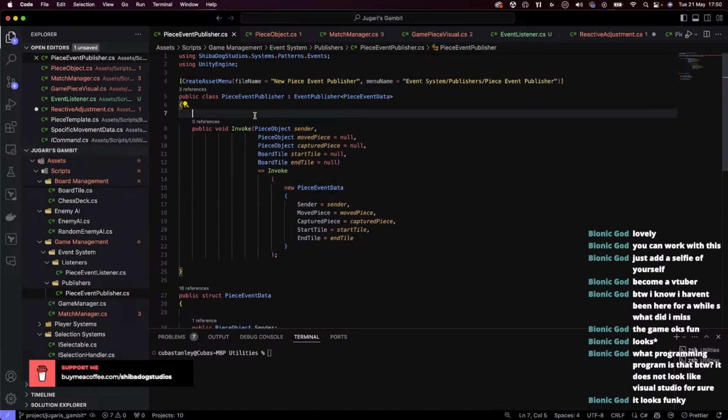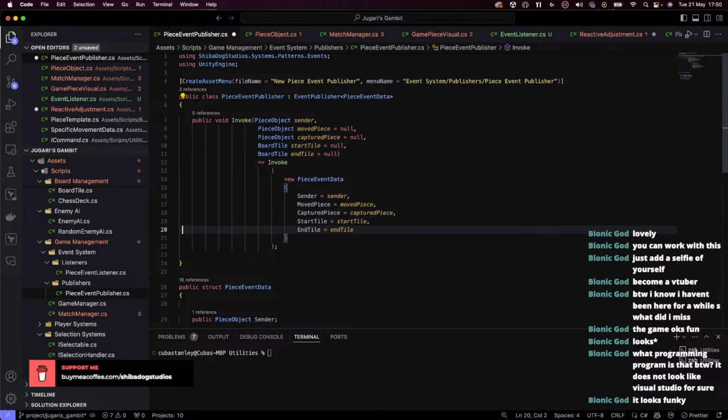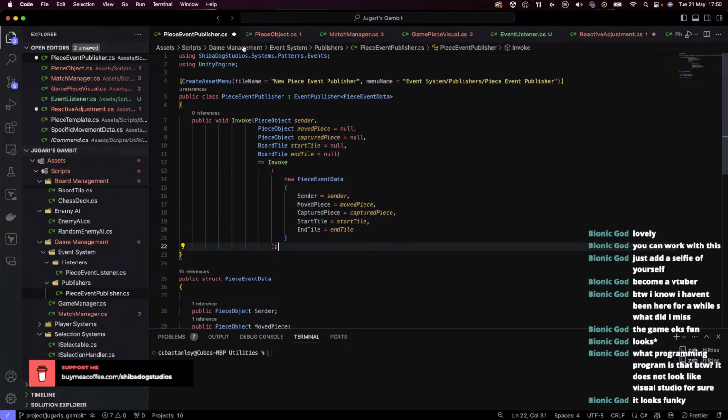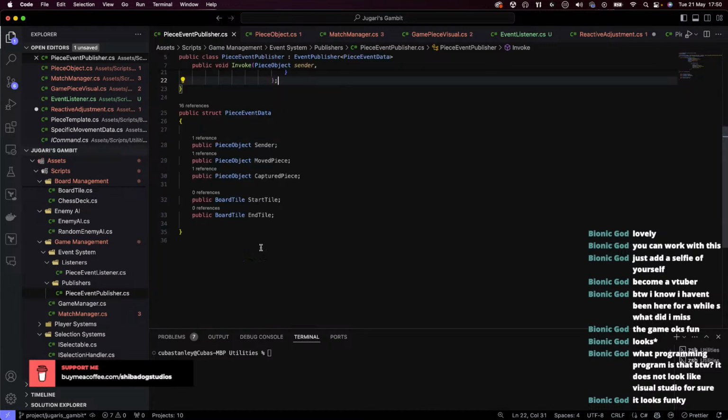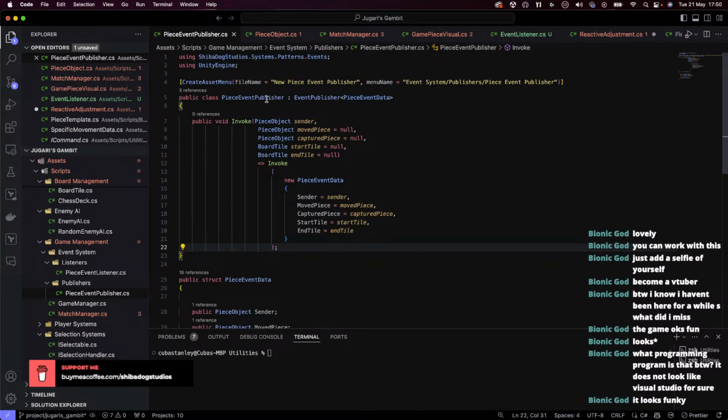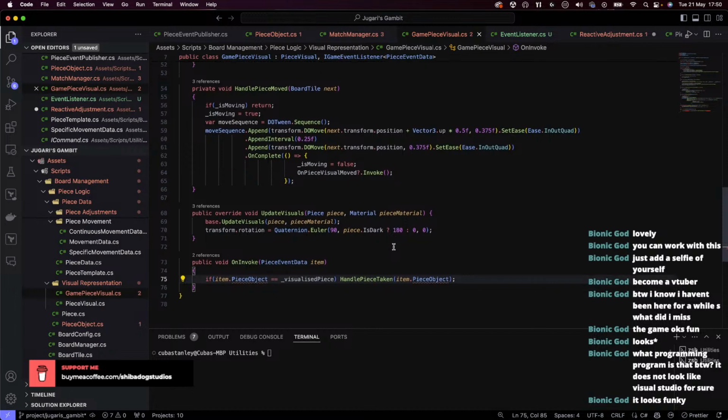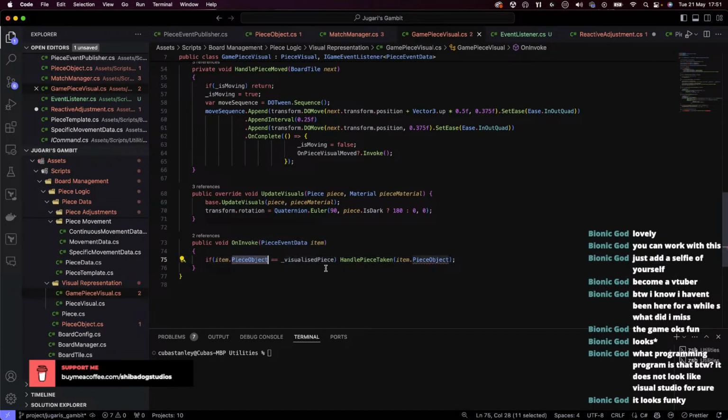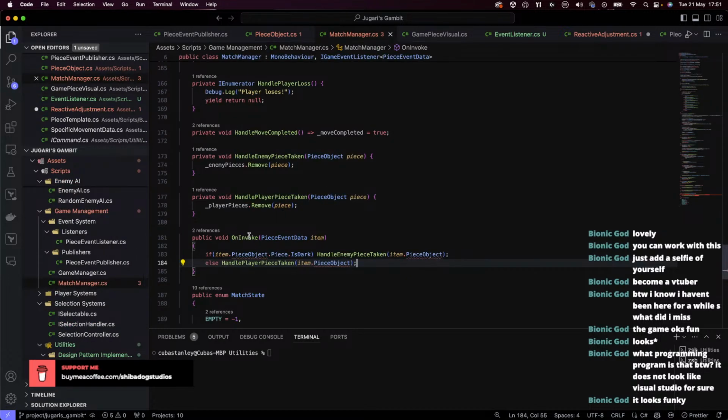Okay, so we now have a very sizable event publisher here, and we're going to have to update a bunch of stuff. So for our on invoke, if item.captured piece is equal to visualized piece, then we're going to handle piece taken with item.captured piece. Match manager, same kind of thing here. We want to say, because this is handling the piece taken,